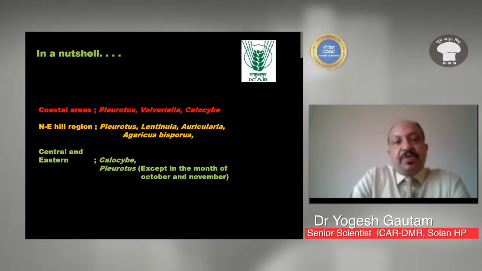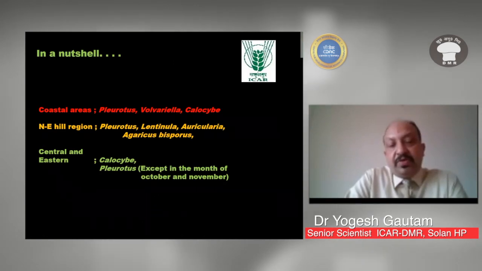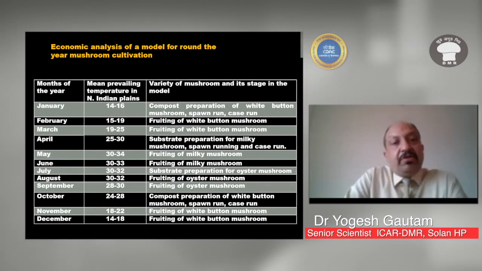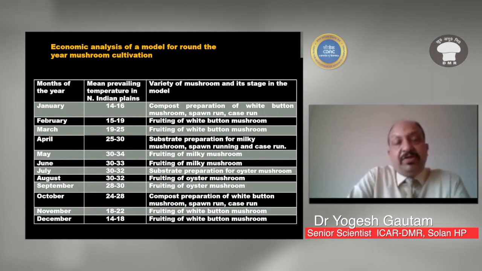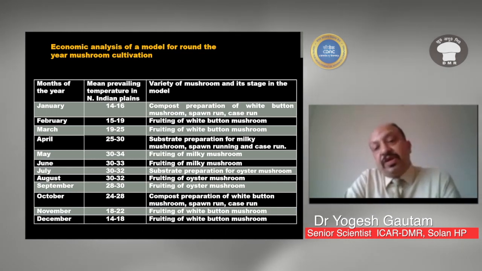So in a nutshell, in the coastal areas, we can grow pleurotus, Volvariella, and Psilocybe. And in the northeast, we can grow pleurotus, Lentinula, auricularia, bisporus. And in the central and eastern regions, we can grow Psilocybe and pleurotus. So now I will be giving an economic analysis. Before that, we can see in which part of the year, what type of work is being done